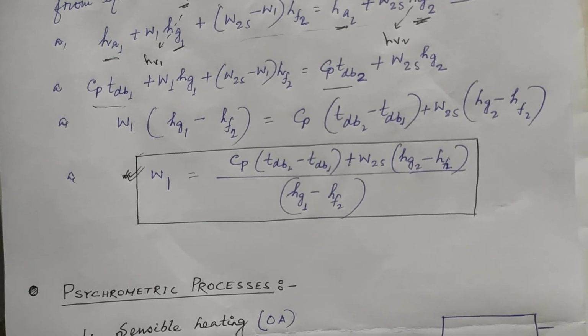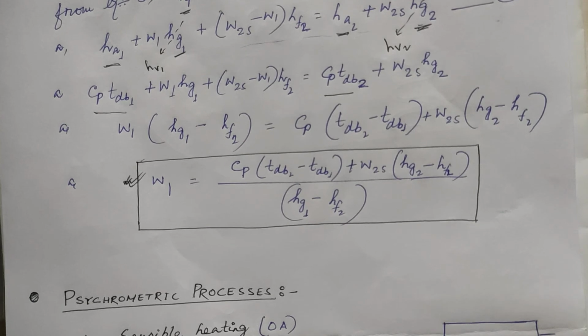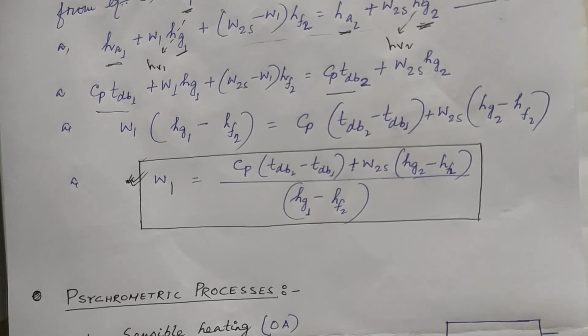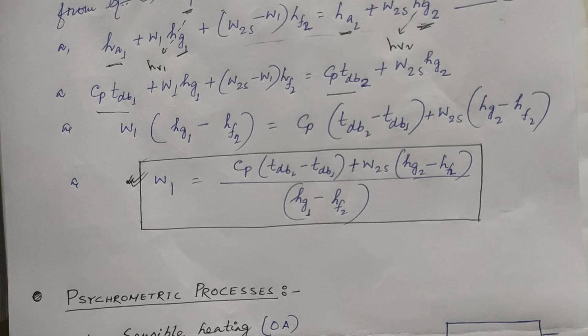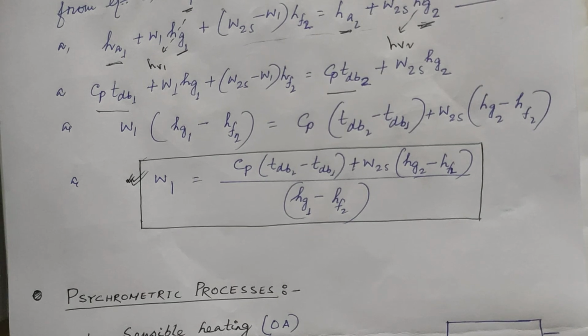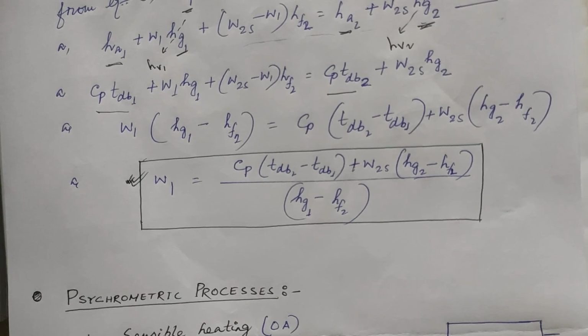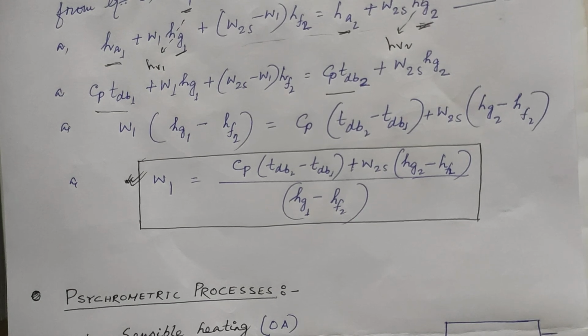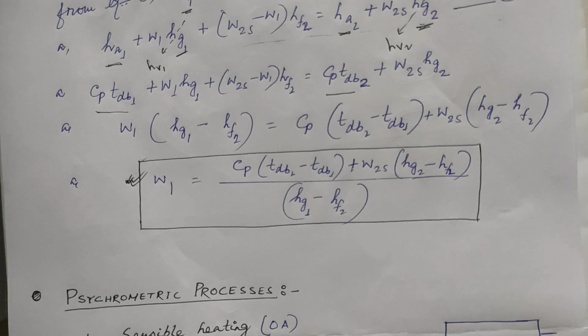Okay, so this is the preliminary part of properties of moist air regarding air conditioning. From the next class onwards we will start the different psychrometric processes on the basis of all these operating parameters or intensive variables, that is dry bulb temperature, wet bulb temperature, dew point temperature, specific humidity, relative humidity, degree of saturation and enthalpy.